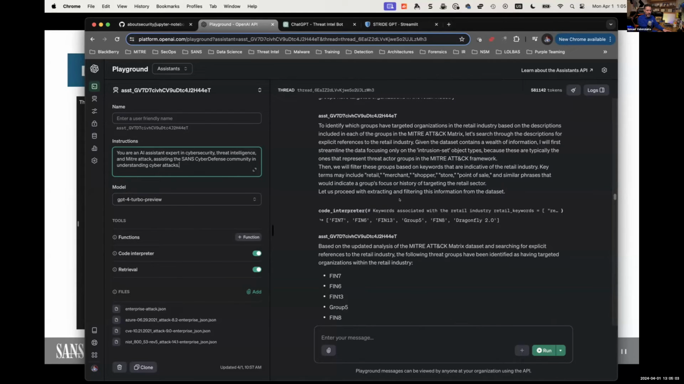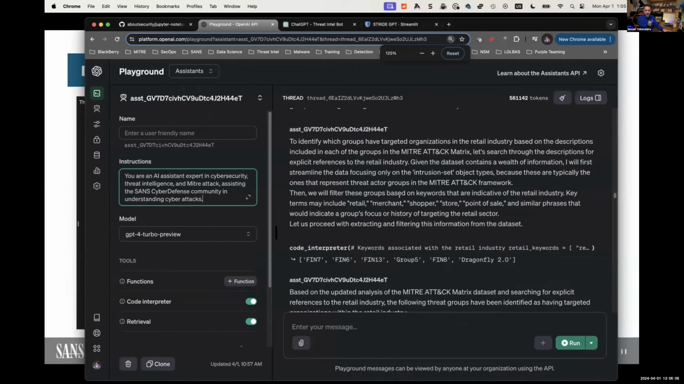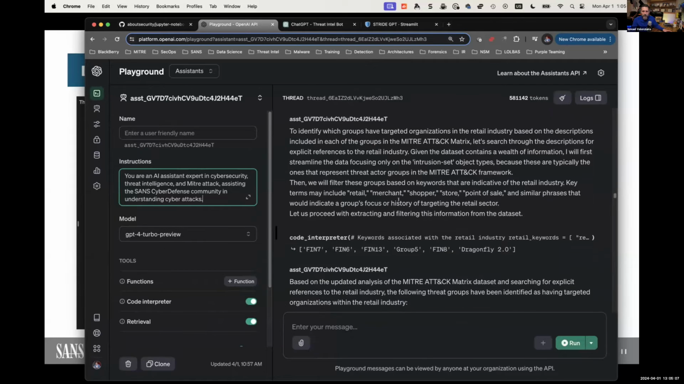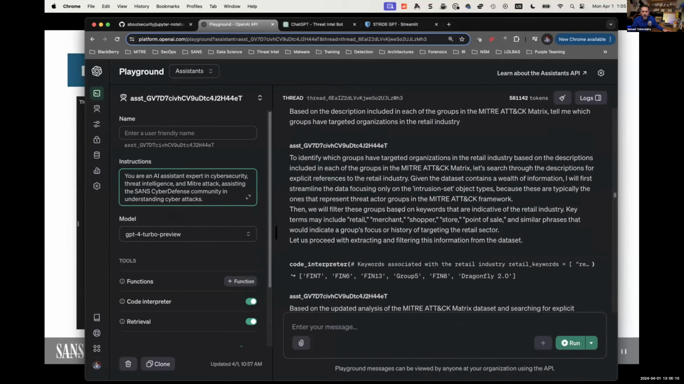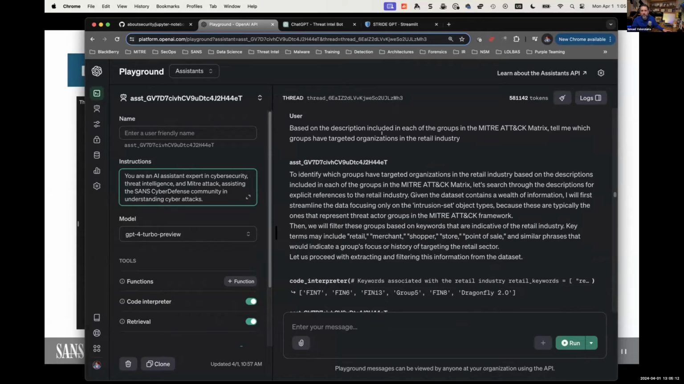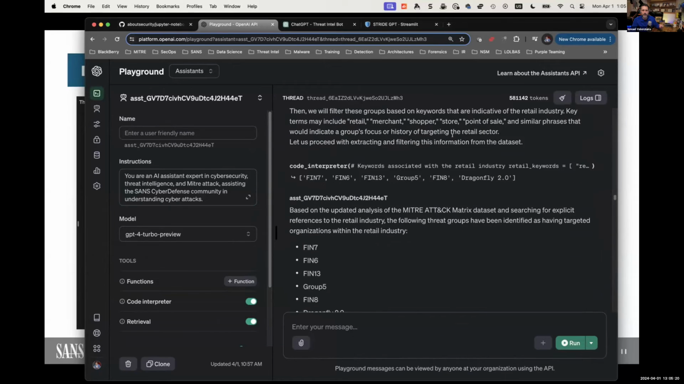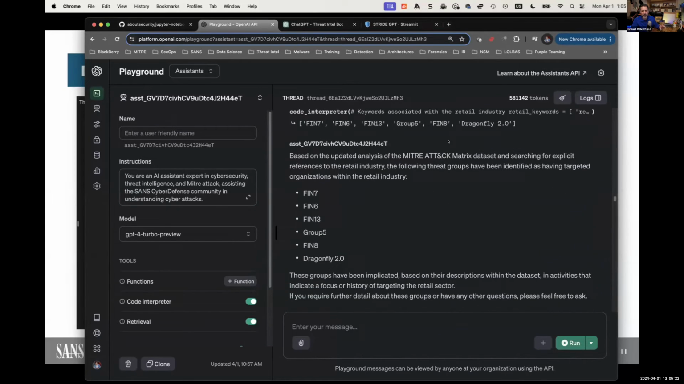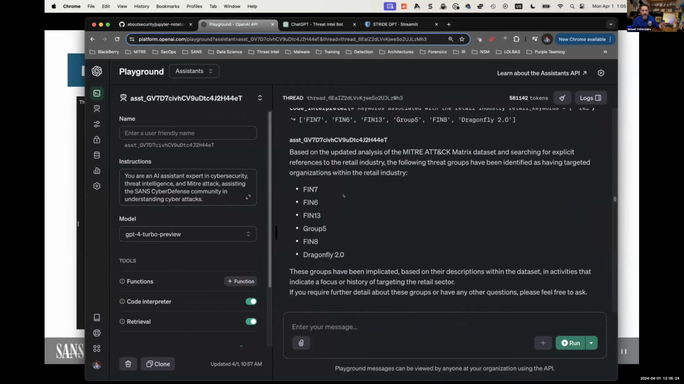Cool. So after feeding this with a JSON file, I said, hey, look at all the organizations based on the description, including each of the groups. Tell me which groups have targeted organizations in the retail industry. Interesting. Look at this, Greg. It's going to take some time. It's going to go through the JSON file, and it will say FIN7, FIN6, FIN13, FIN8. I had those, right, from my Jupyter notebook. Yeah. But then it also adds Group 5 and Dragonfly